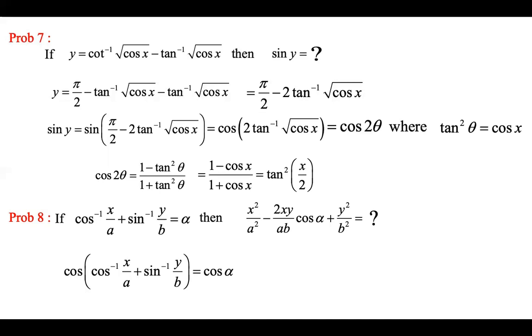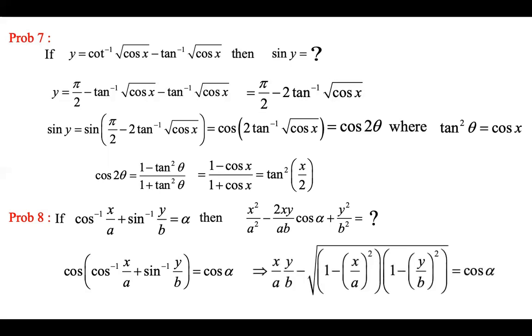If both of them are the same functions, that is cos inverse or sin inverse, apply the sin on both sides, then the calculation becomes easy. Once we apply that cos on both sides, then cos of a plus b form, and replace that x by a, y by b, minus root of 1 minus cos square. So that will become 1 minus x by a whole square, 1 minus y by b whole square